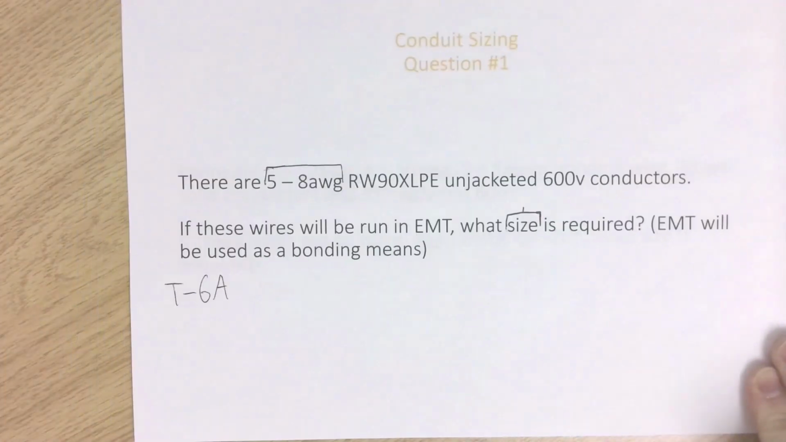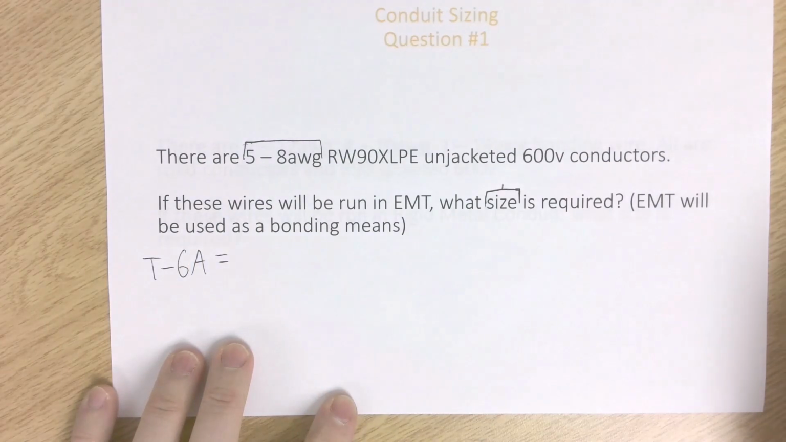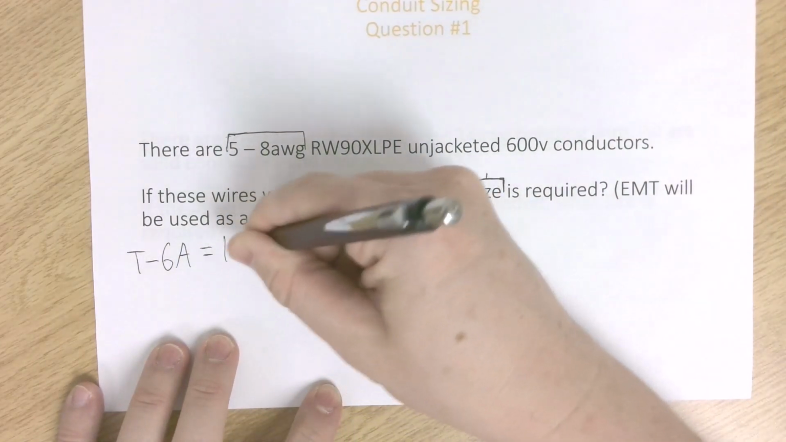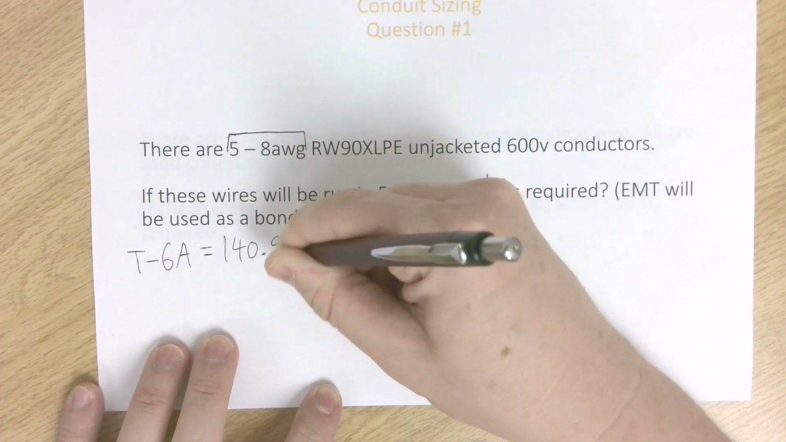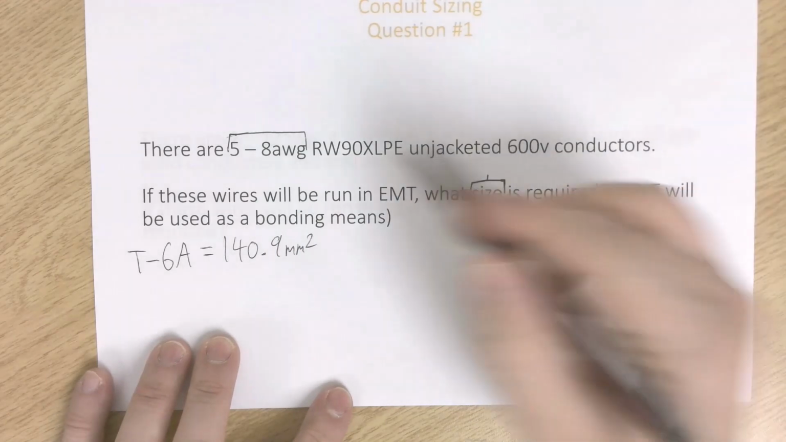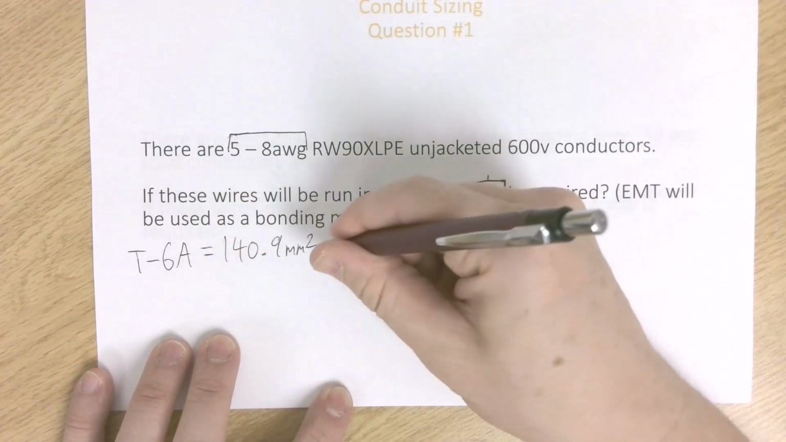So I'm going to write that down for myself. Table 6A gave me 140.9 millimeters squared. All right. Now, I know there's 5 of them, so with that in mind, I'm going to go over to